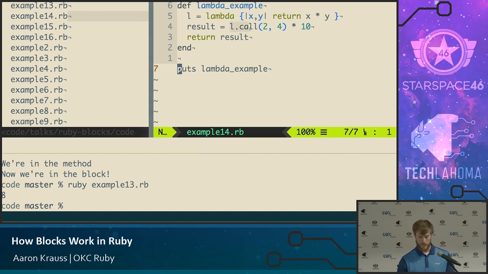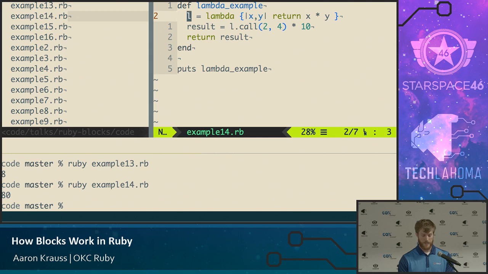We're invoking the lambda using the same call, because again, lambdas inherit from proc, so call still works. We're passing 2 and 4, so we'll get 8 in this closure. We are still returning, and then we're going to multiply by 10, and then we get our result. So we got 8 when we did this with procs, but when we do it with lambdas, we get what you would expect, which is 80. So the return statement gets evaluated inside of this closure here,